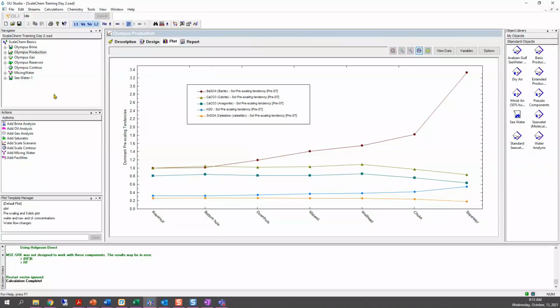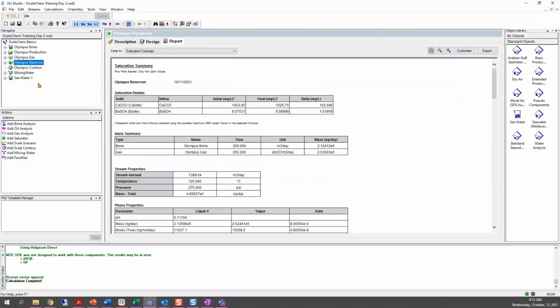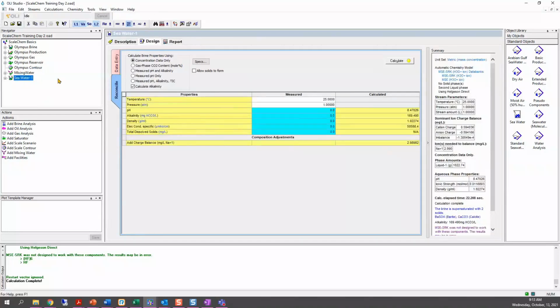Okay, so now we are going to continue working in this file. The reason is that we will be using the Olympus reservoir and the Bathos reservoir that we are going to create today to learn how to use the facilities. So I want to continue working in the example that we created on Monday. With that being said, now we are going to create the Bathos as well.